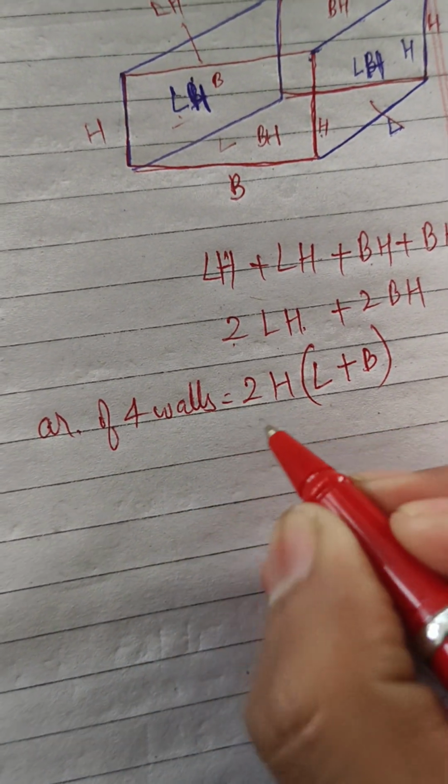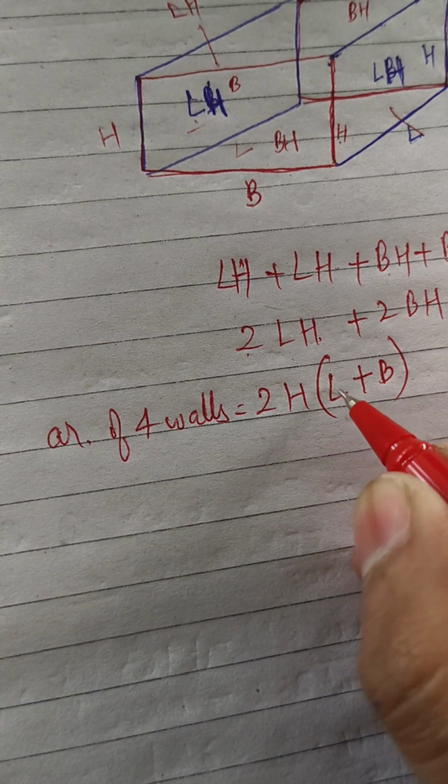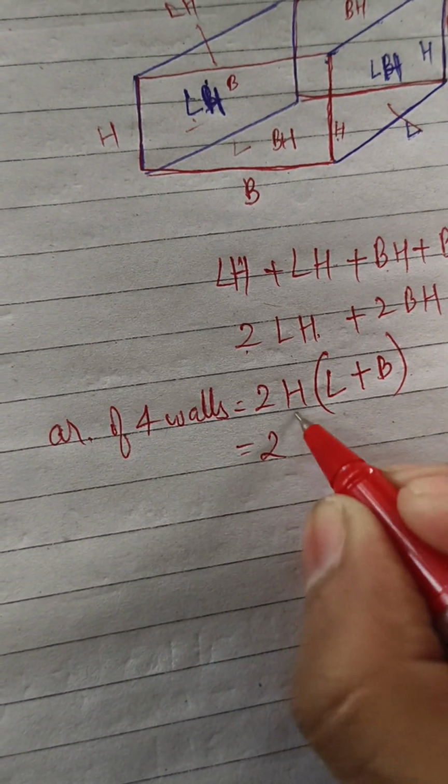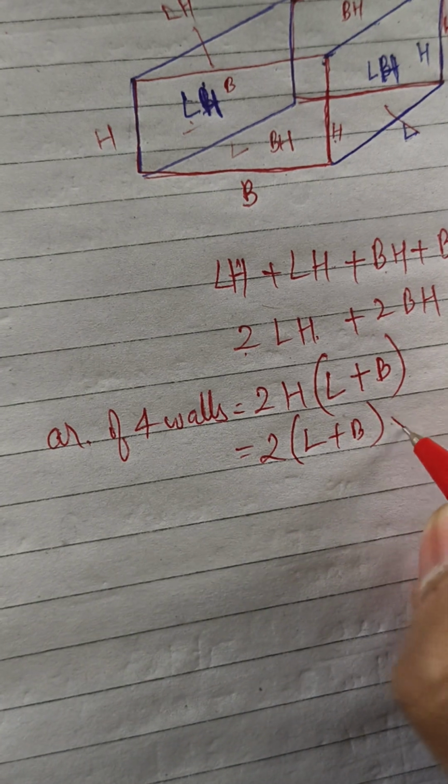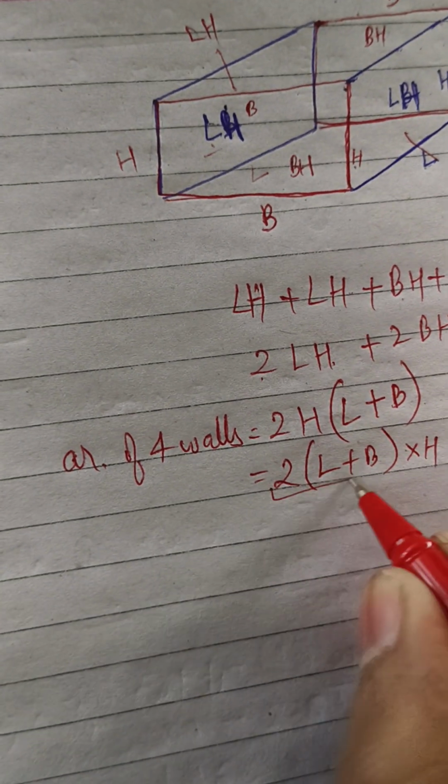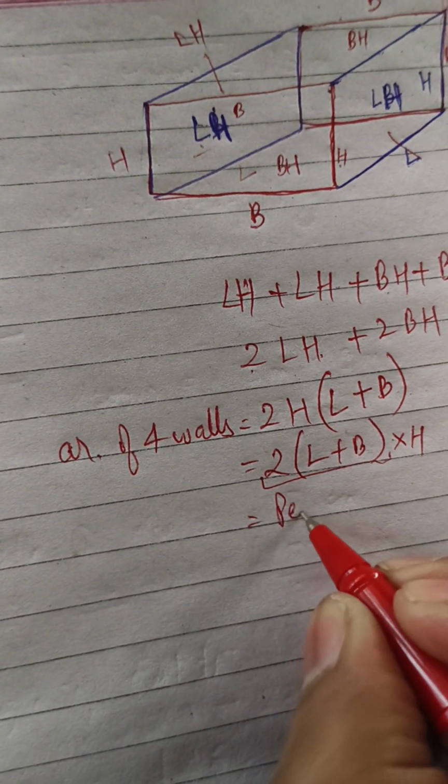So that's the formula for the area of four walls. What is the area of four walls? It is 2H bracket L plus B, or you can say 2(L plus B) into H. And you know what 2(L plus B) is? It is the perimeter of